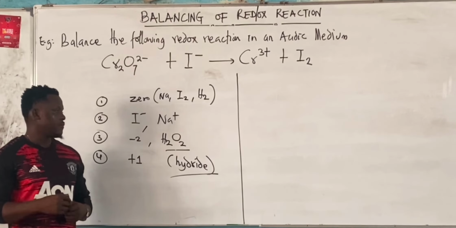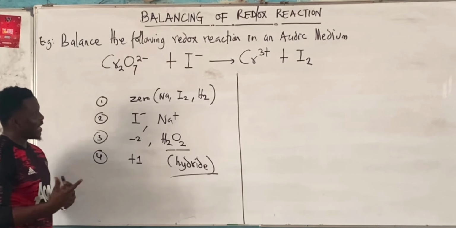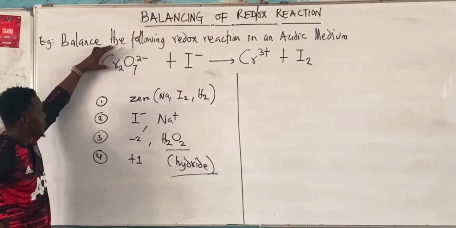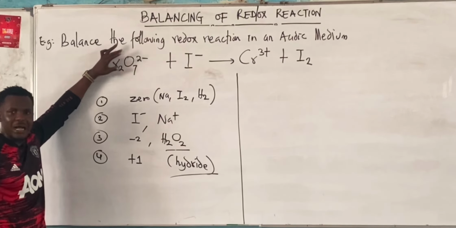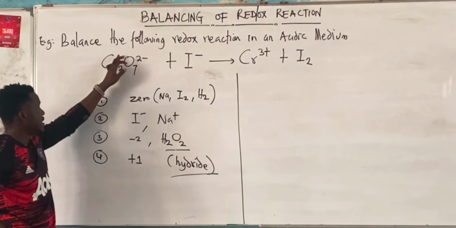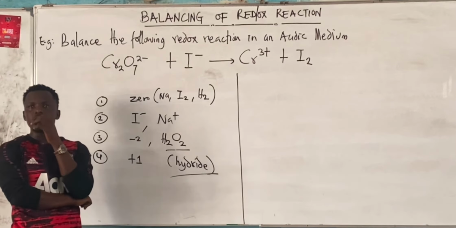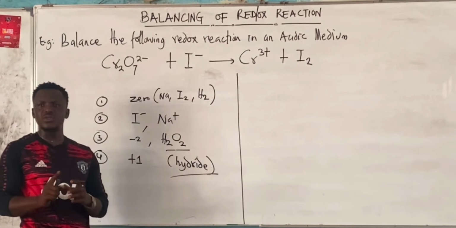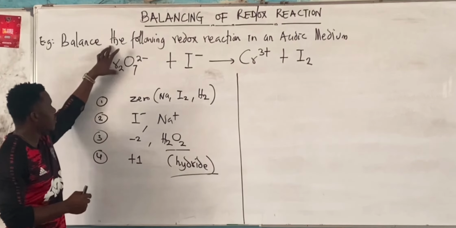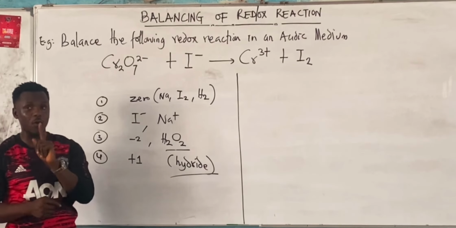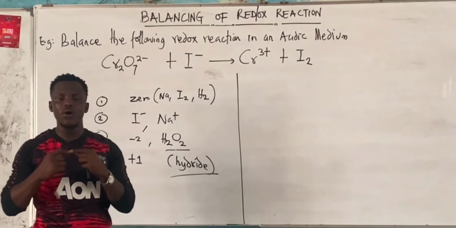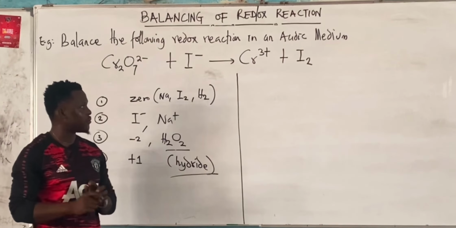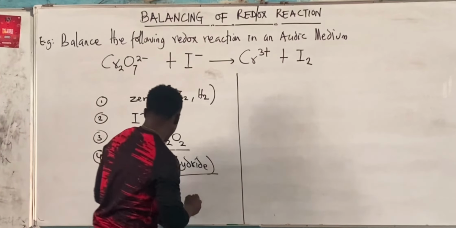Right? So these are the last but not the least. Now what if, in a compound that contains multiple atoms, like in this case, this guy contains multiple atoms, and I'm asked to find the oxidation number of chromium here. Now this is what I'm going to do. The sum of oxidation numbers in a neutral compound, I repeat, the sum of oxidation numbers in a neutral compound is always equal to 0. A neutral compound example is